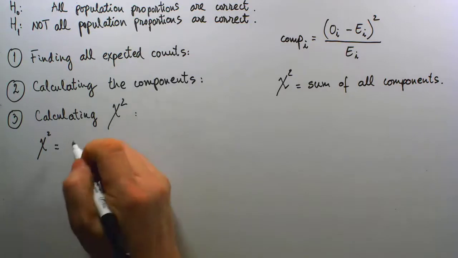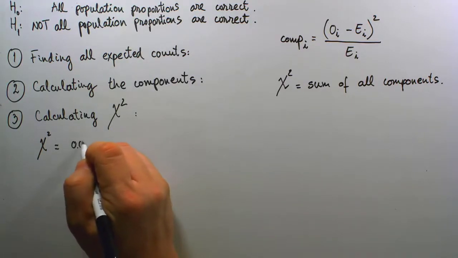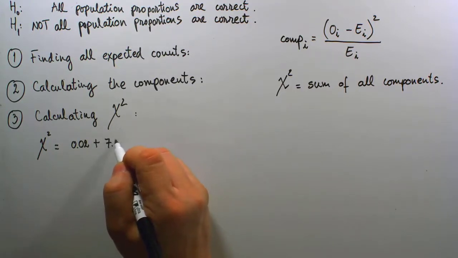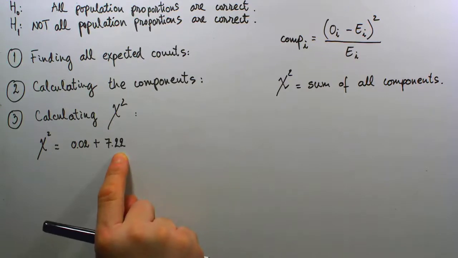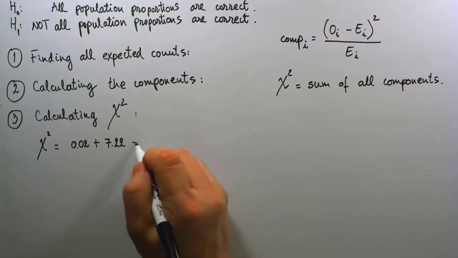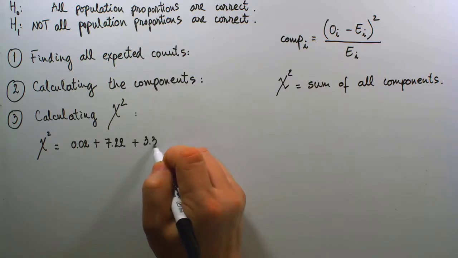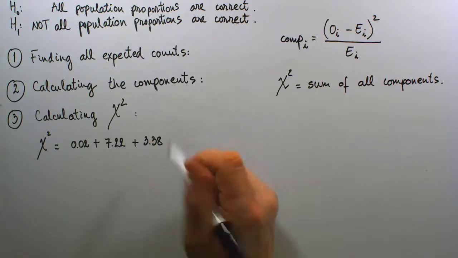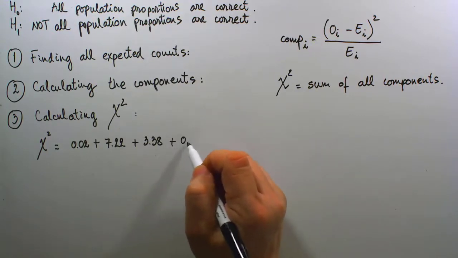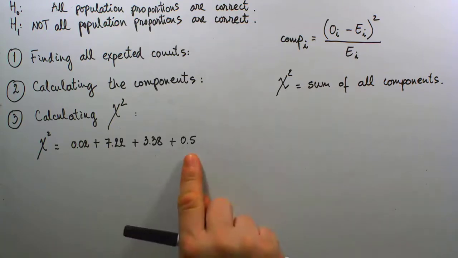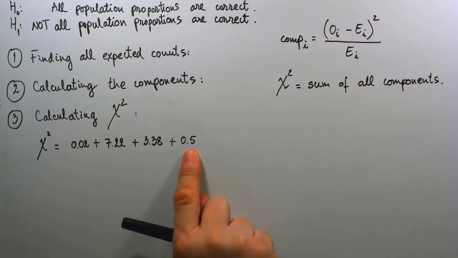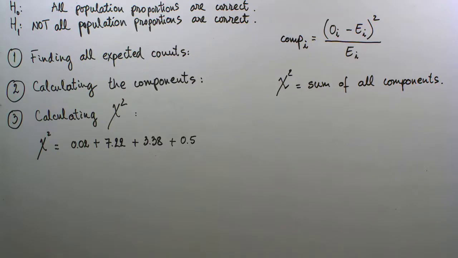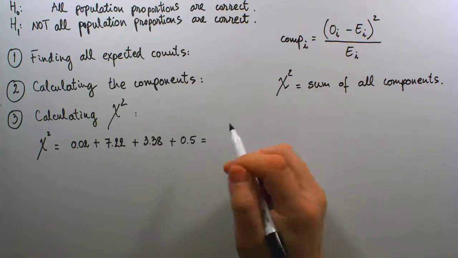Then first component was 0.02. I am going to add to it another 7.22 for the component in category 2. I am going to add 3.38 as the component for category 3, and I am going to also add 0.5 as the component value for category 4. So now chi-square is going to be the total of all these 4 component values. So final calculation came out to be